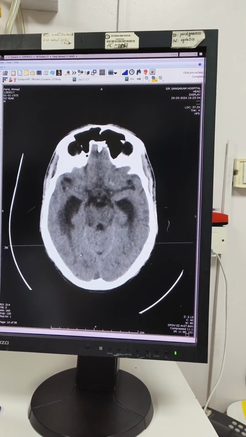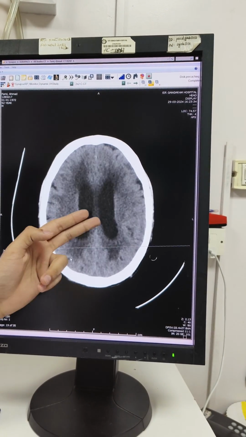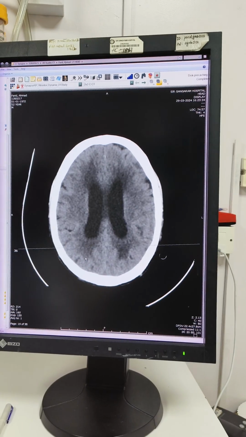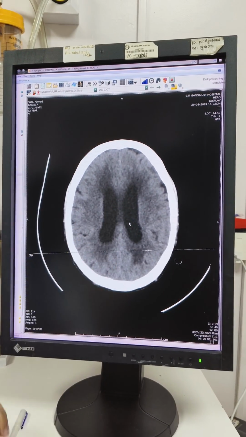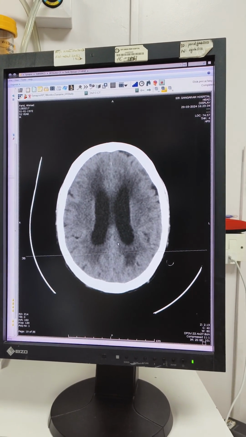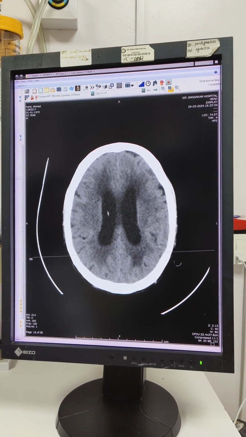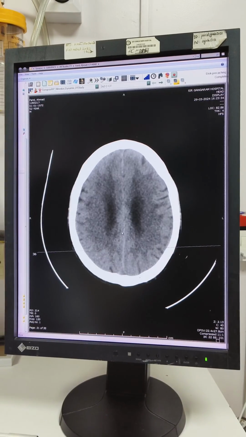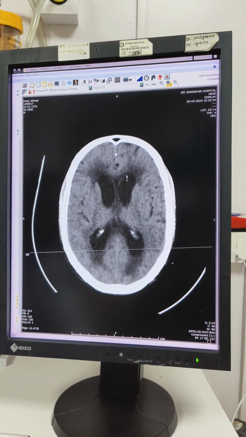These are the temporal horns of the lateral ventricle, occipital horns, frontal horns, and the body of the lateral ventricle. So basically what we have to see in this patient is that these horns are pretty much dilated. There is this periventricular ooze, that is this hypodensity or the slight darkish color around the ventricles that we see. As we roll down, we can see this ooze.